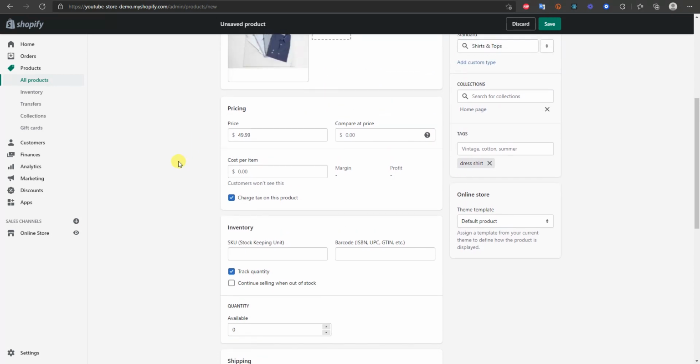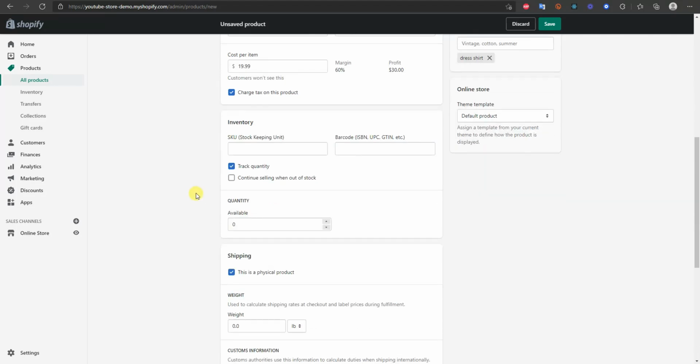The cost per item right here is something you don't have to use. This is something that Shopify just allows you to go ahead and put in to help keep track of your profit margins. So if you know your cost per item, it can be beneficial to go ahead and put this in there. And you can see right here, it shows your margin and your profit. And then we have SKUs right here. So if you want to have a barcode or an SKU associated with your product, you can go ahead and put that here,